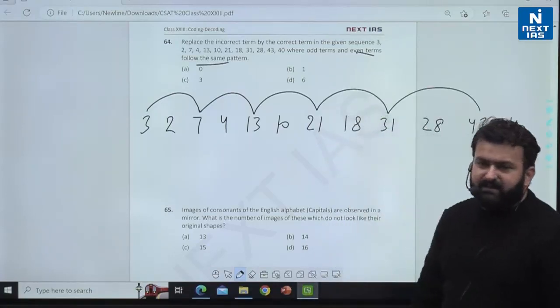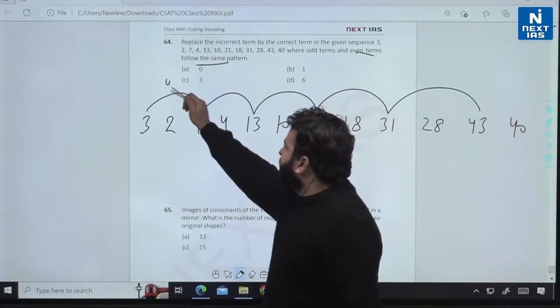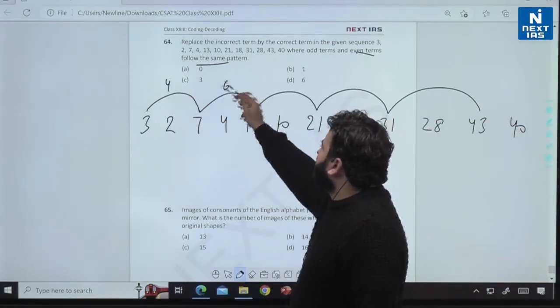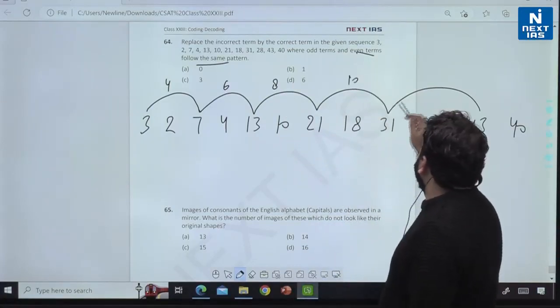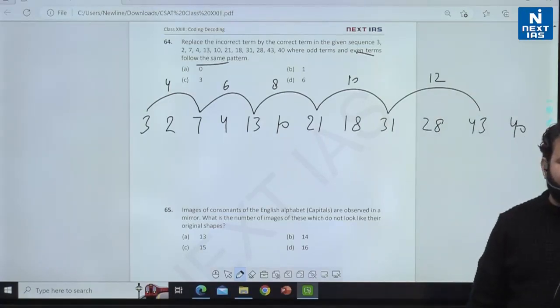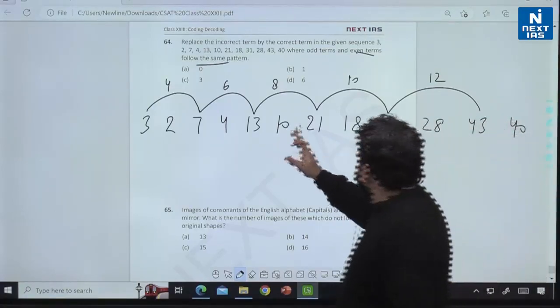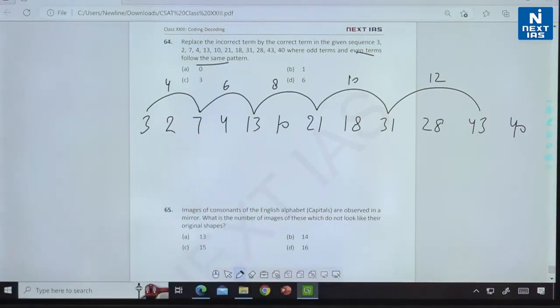They will follow the pattern. So now all of you, odd terms, it is following what pattern? 3 plus 4, 7, 7 plus 6, 13, 13 plus 8, 21, 21 plus 10, 31, 31 plus 12, 43. So now all of you tell me one thing. In this series, 3, 7, 13, 21, 31, 43, now the terms, are they following a fixed pattern? All of you, yes or no? They are following a fixed pattern. Okay. Now,